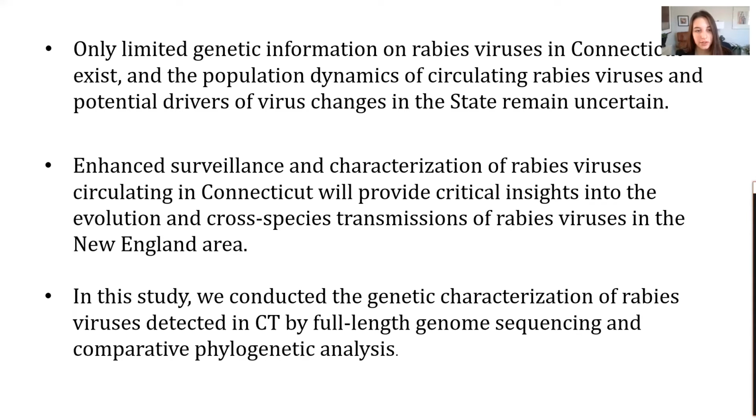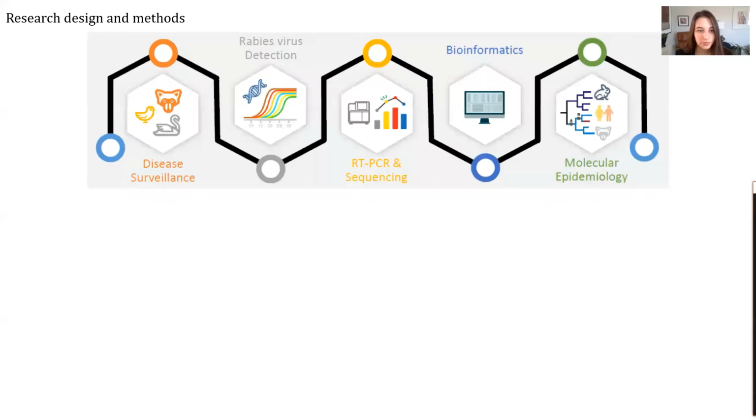Although rabies virus has not established a permanent transmission cycle in a new host species, cases throughout Connecticut must be tracked to predict potential host shifts and determine evolutionary changes in the genome that would contribute to its ability to persist in a new host. While rabies virus is endemic in Connecticut, there is not a strong understanding of the disease dynamics in the area, specifically the evolutionary history of the strains found in diseased animals.